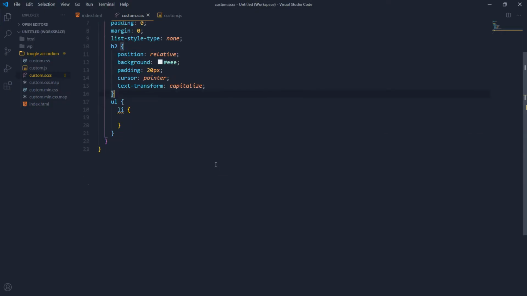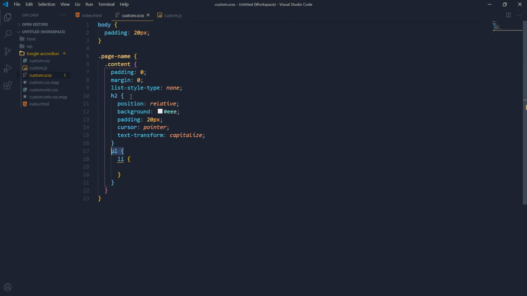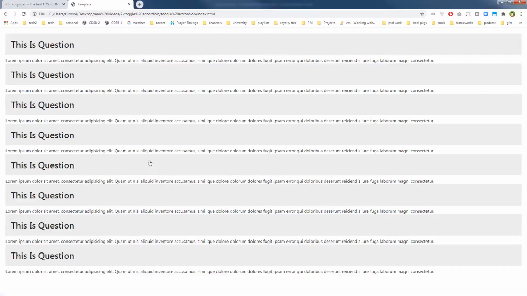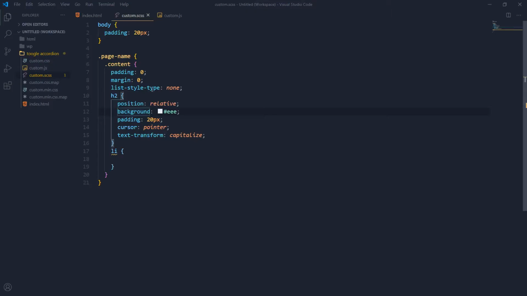So let's move further. We don't have a ul, this content was ul, so this ul will be removed. We have got the li tag, and let's create the plus and minus sign for the heading first. So for the heading we have got